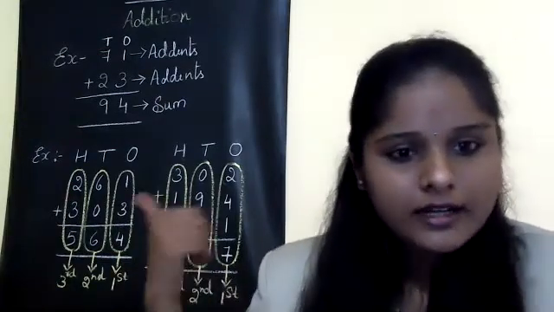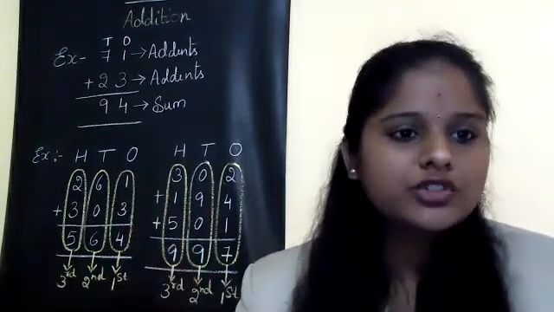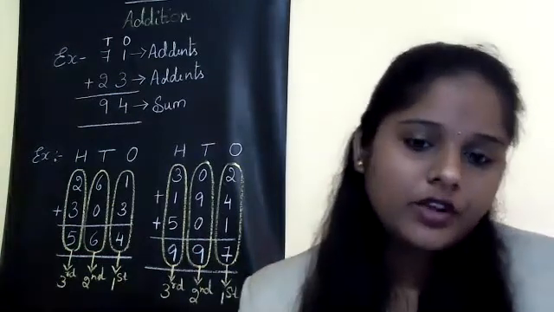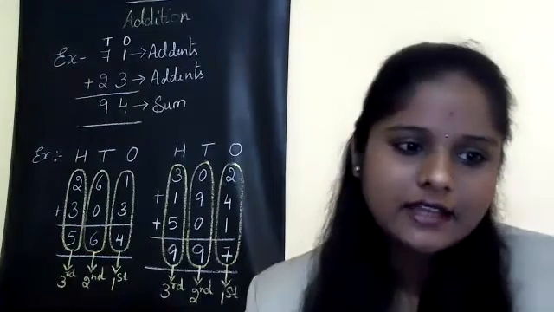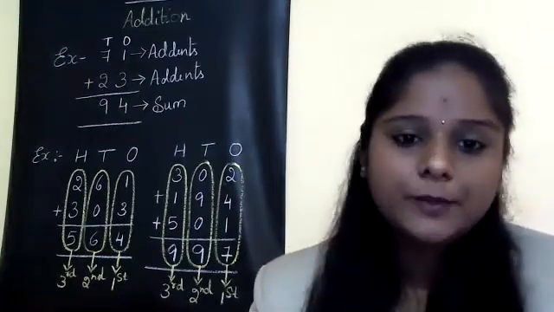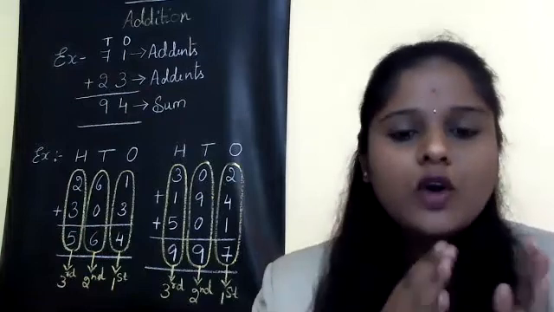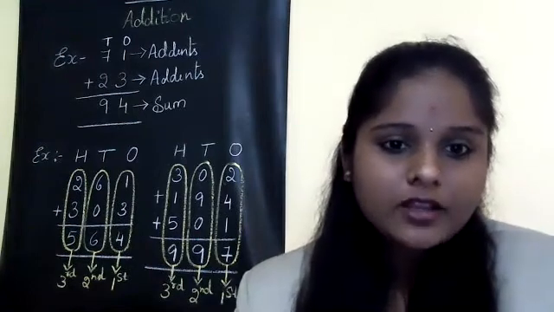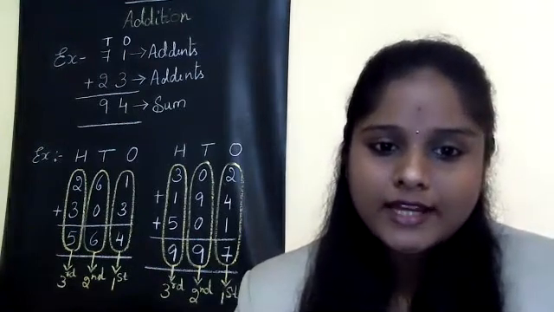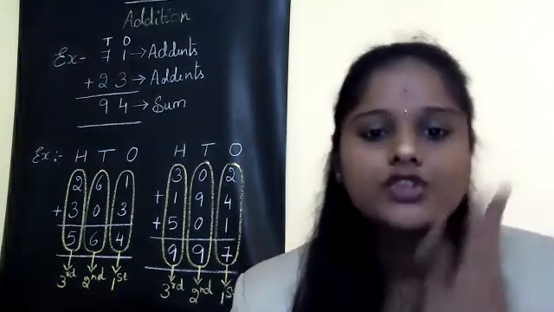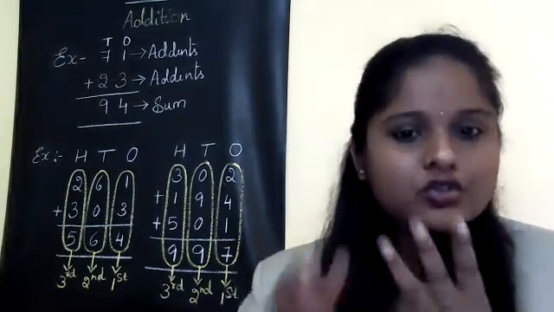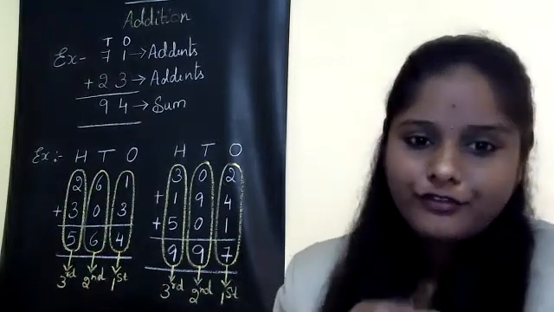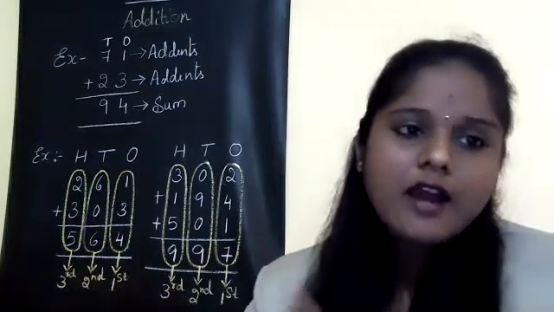That is what the tens place addition we are going to do now. So 6 plus 0, we end up having 6 itself. So the answer will be 6 itself. After completion of the tens place addition, now you can move to hundreds place addition. That is 2 plus 3. So the hundreds place numbers are 2 and 3. So 2 in the mind, 3 on the fingers. After 2: 3, 4, 5. And my answer will be 5. So we have written 5 in the hundreds place.